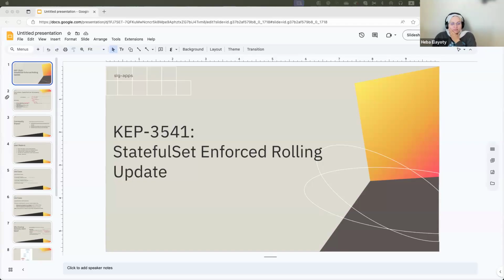So it was an interesting topic, actually. I was continuing the work for GA of the max unavailable feature. During this work, I discovered that a lot of people are complaining about rolling updates in StatefulSet.